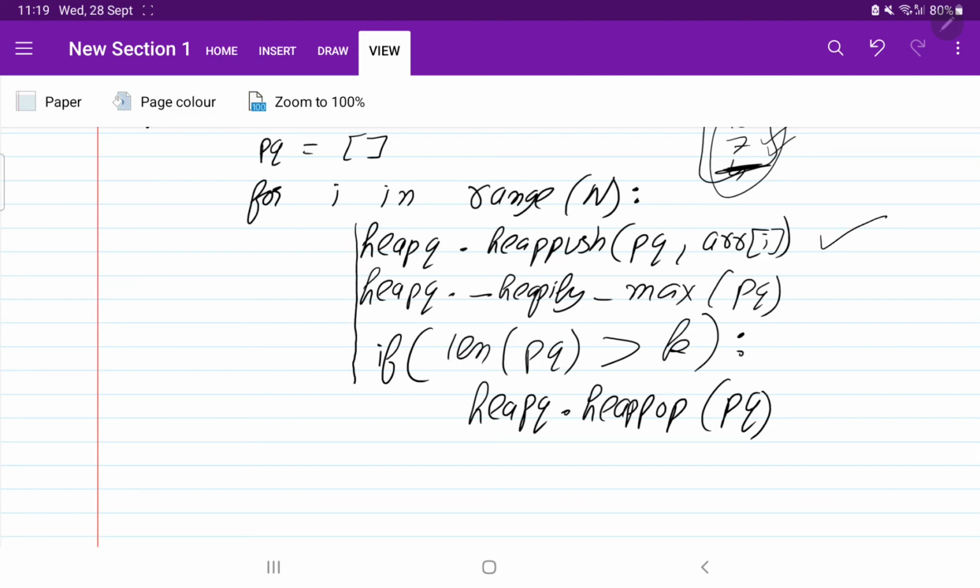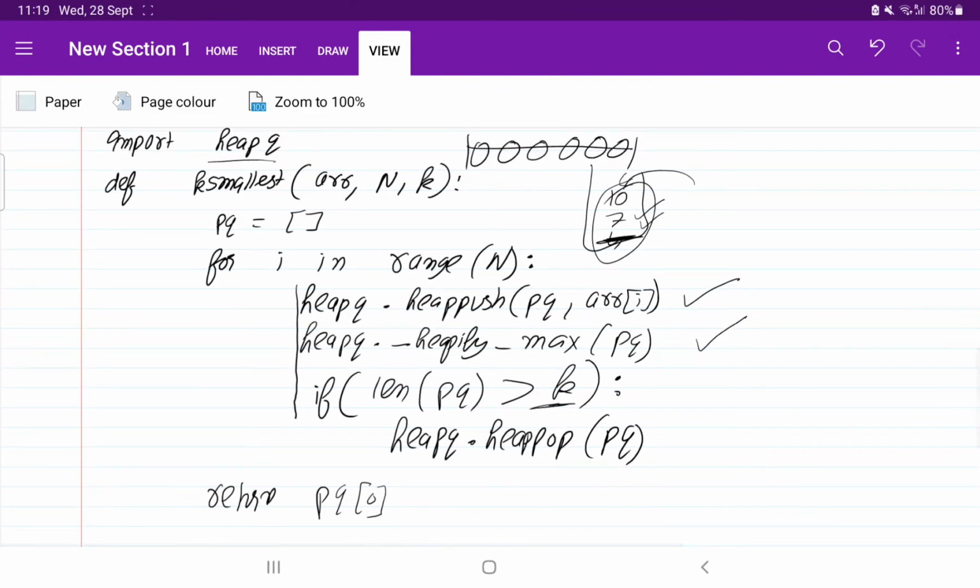First we push the element, then we make it a priority queue, and if the length becomes greater than k, then pop the top element. Like this the complete thing is going to happen, and at the end we are going to return the top element, so it will be pq of 0.